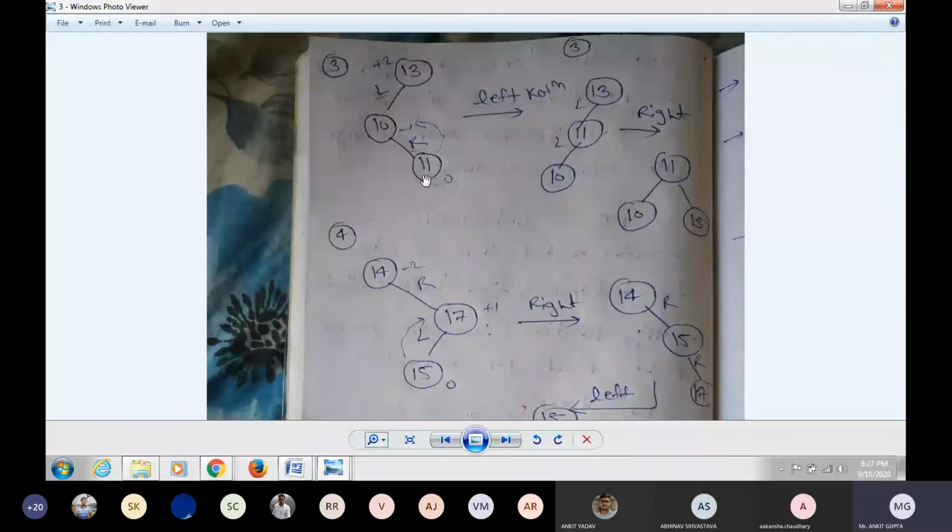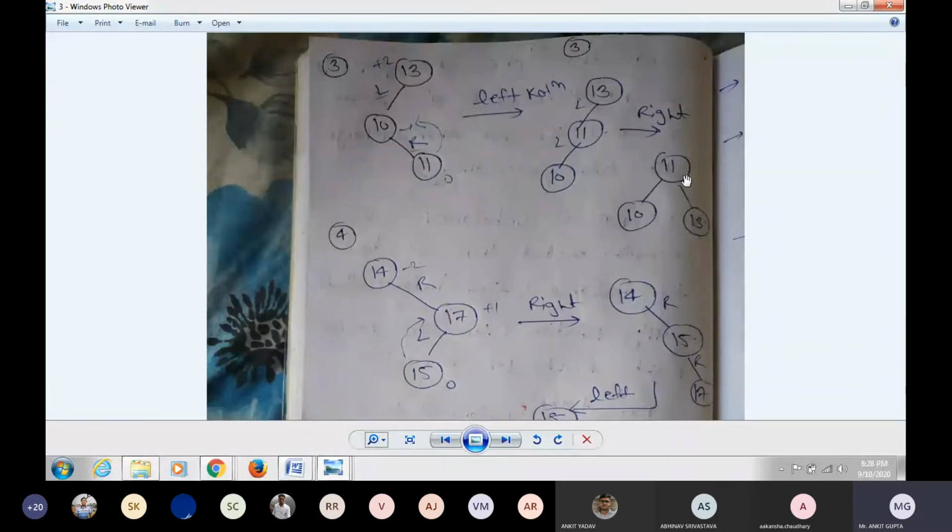I have to fix 10, then 11 will go here and then 10 will come here in the left side. So 13 is fixed. Now 10, you have to keep 10. 11 will go here in the left side, then 10 will come here. Now I am getting LL. So in this case, you have to apply right rotation. Okay. So basically in the LR, first of all you have to apply left and then right. So I have to fix 11 and then 13 will come in the right side of 11. 13 will come here, 10 will come here. Okay, now it is balanced.